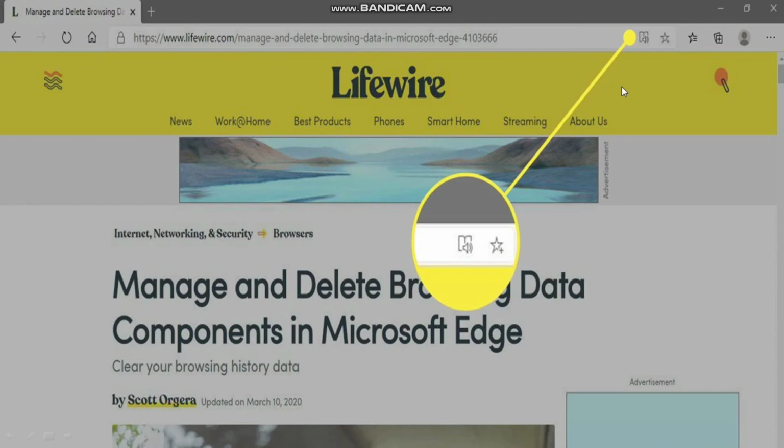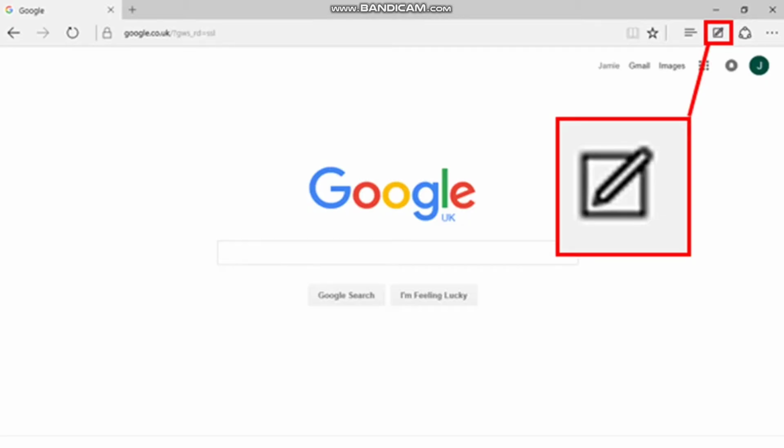After reading view, there is making web notes. Means when you open Google, you will see something like this. This icon which you can see is the make a web note icon. So this is making web notes. Now what happens in web notes? Microsoft Edge allows us to make notes, write or doodle or highlight anything directly on the web page. We can share our notes with others or save the notes in the OneNote app, favorites, or reading list.